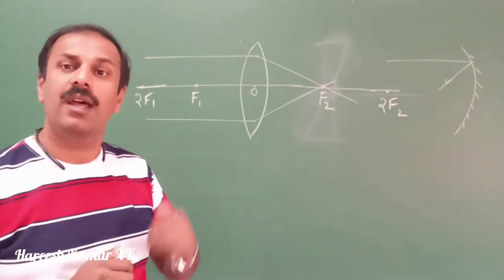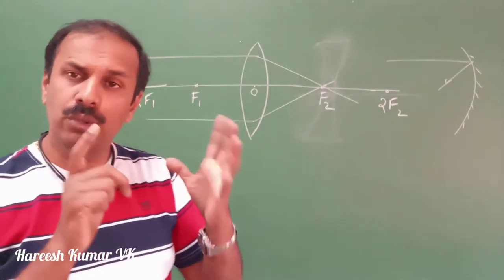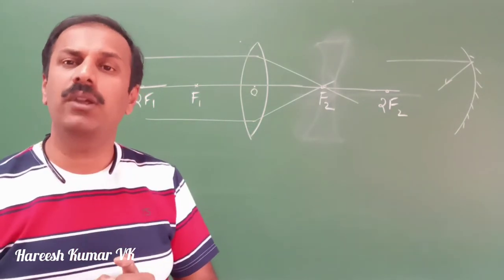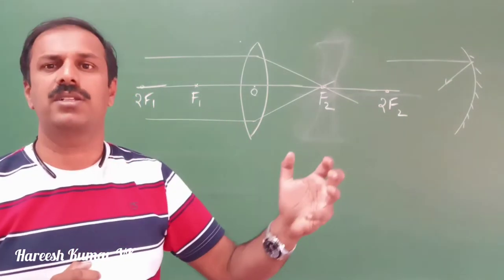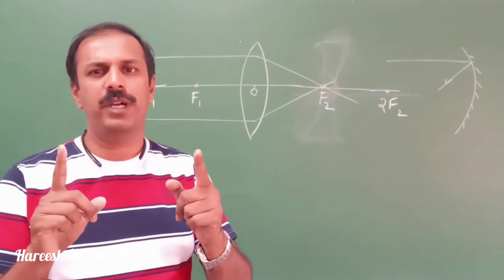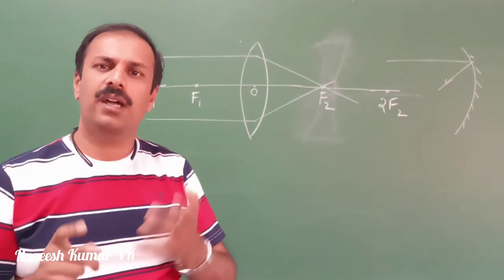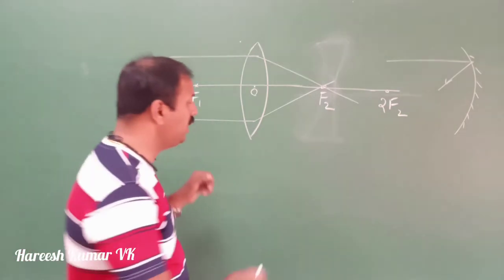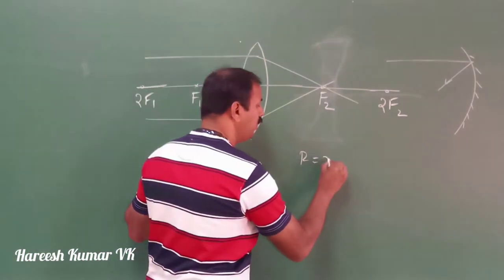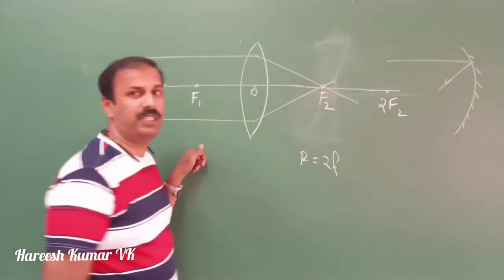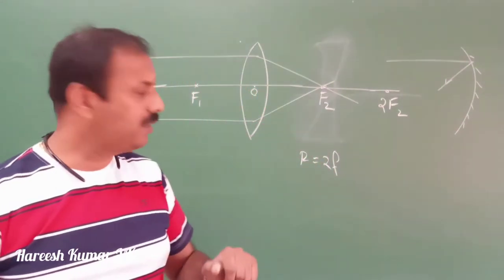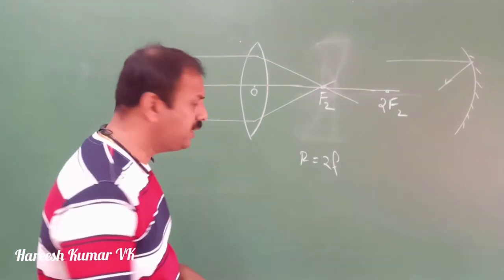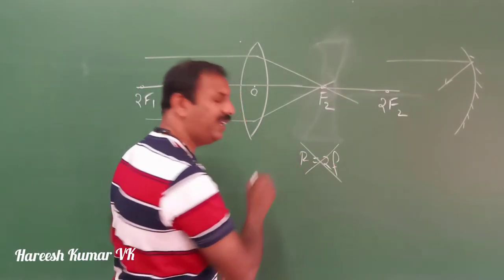because there the focal length was depending only on the distance. That is, if focal length F is this much, the center of curvature is there, and half of the radius of curvature was the focal length. Such an equation is also studied, that is R is equal to 2F. Here it is not applicable. In the case of lens, this R is equal to 2F is only for mirror, not for the lens.